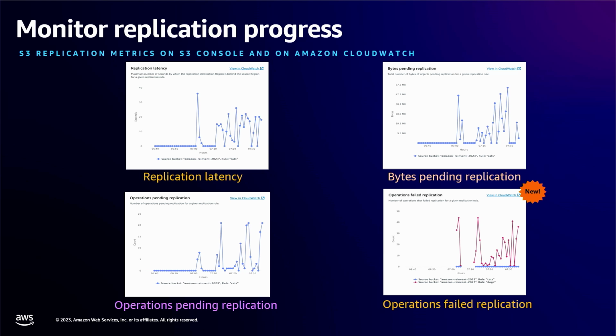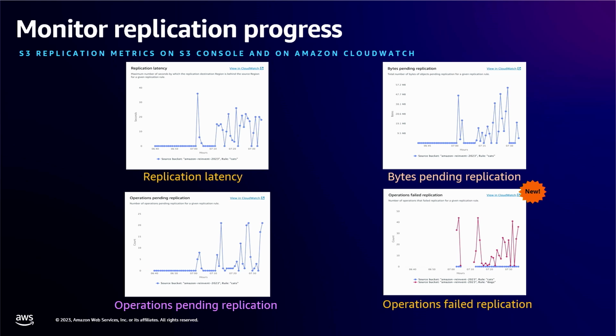Now, again, failures can only occur during a replication if there are any configuration issues or inadequate permission. But when there are failures, then you can use this metric along with the S3 replication failure events to get insightful, actionable information, like the number of objects that are failing to replicate, which exact object key is failing to replicate, and most importantly, the reason for failure, which you need to fix before you re-replicate the objects using S3 batch replication.